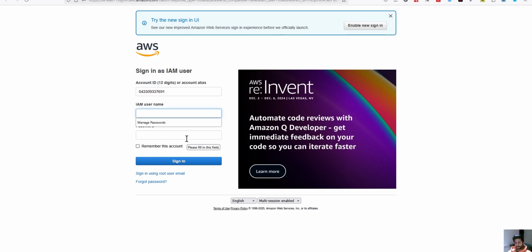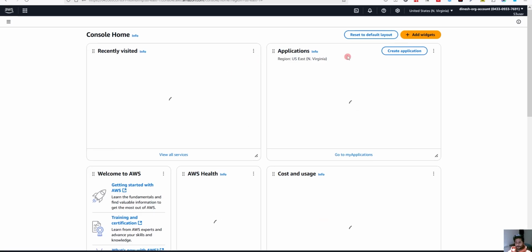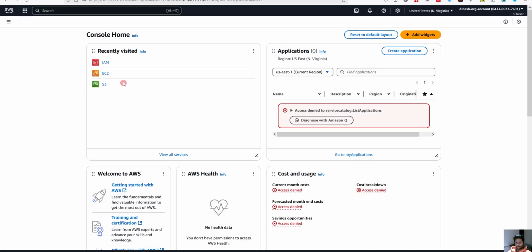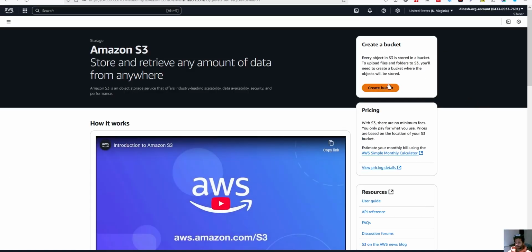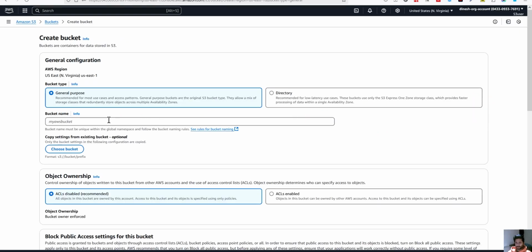What is the username we have created? S3 username. So what is the objective for this step? We need to create a bucket. So go to S3, create a bucket, general purpose, and